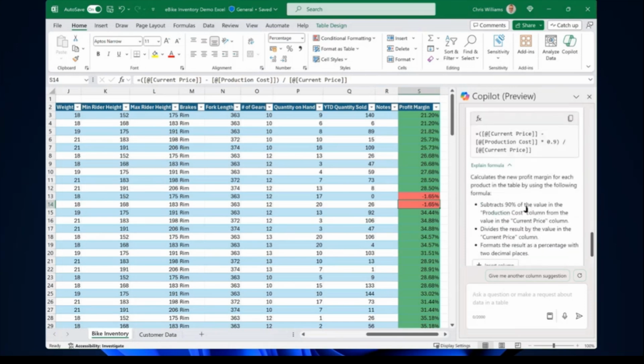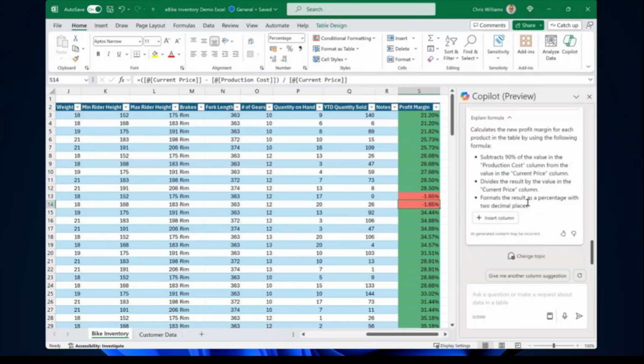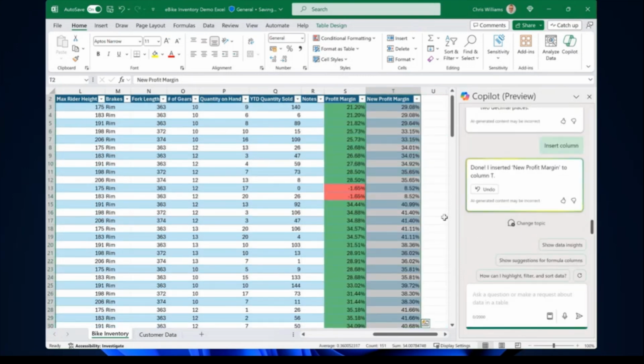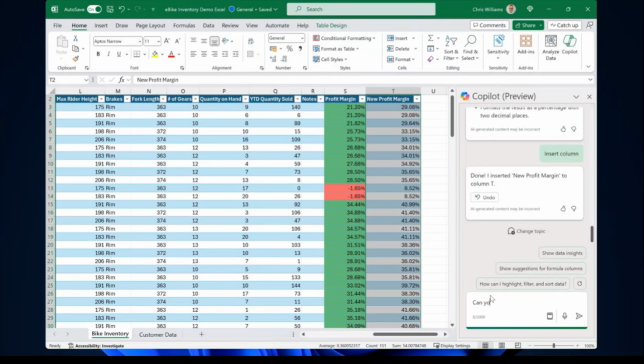I think the key thing to think about here within Excel is currently, when you're engaging with Copilot, it only works when the data is presented in a table. You might have seen a couple of times where I've selected out of the table, it says I need to work in a table. If it finds data that is not in a table format, it will make the recommendation